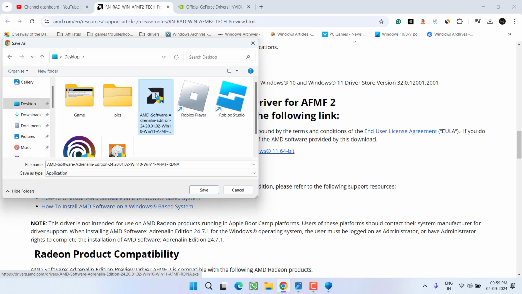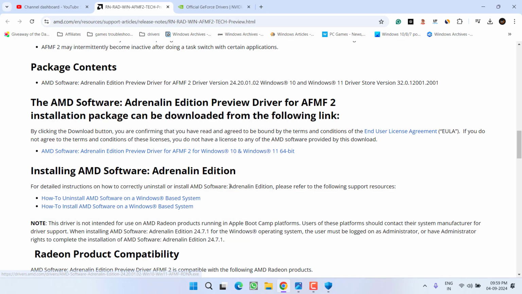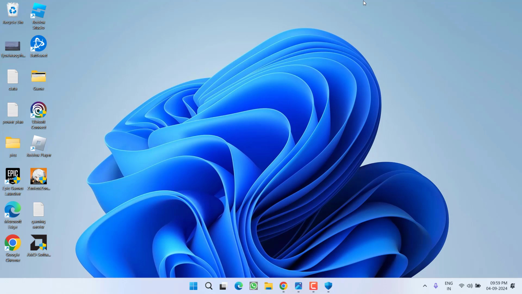These are drivers that I have already downloaded. Once downloaded, simply launch and install this AFMF2 version of drivers, and this will completely fix the issue of Call of Duty crashing error code 0xC0000005.